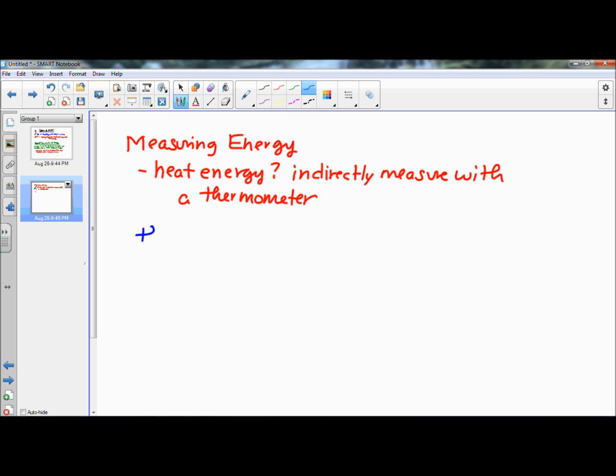Well, a thermometer actually measures average kinetic energy. Now, there is a relationship between kinetic energy and heat energy, but heat is basically something that moves from areas of high heat to low heat. So we can only measure heat energy when it's moving from an area of higher heat to an area of lower heat. The thermometer measures average kinetic energy, which means it's measuring the motion